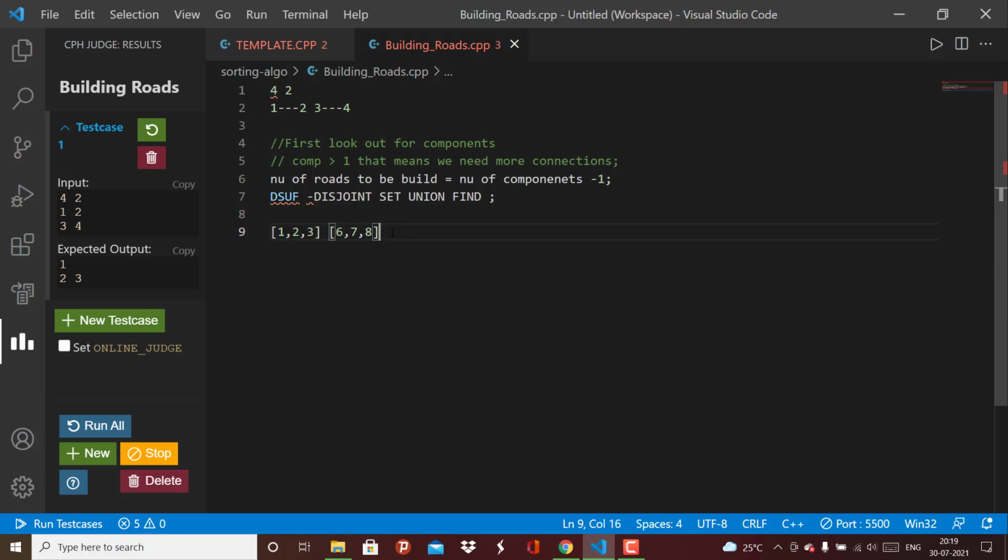So disjoint set union find has two functionalities. The first one is the find operation. What this does is it returns back the parent.